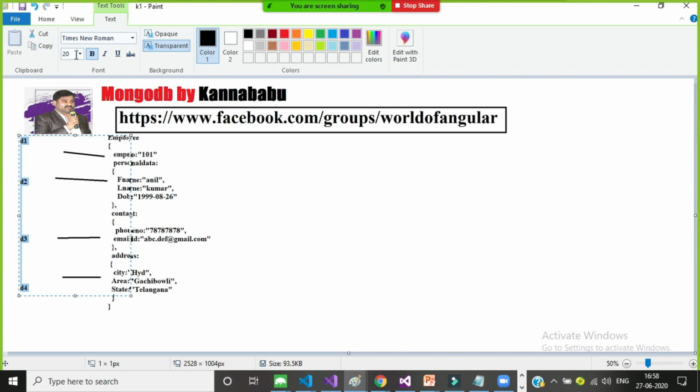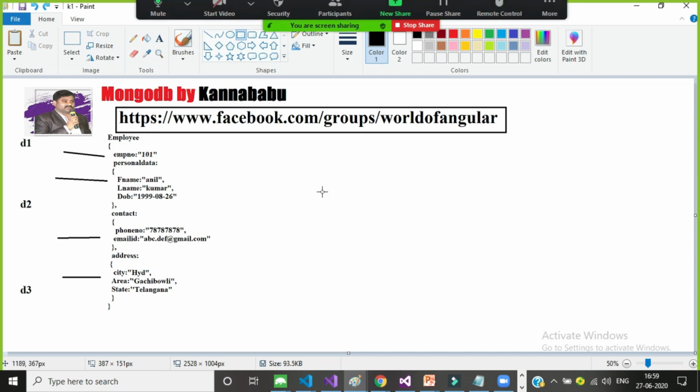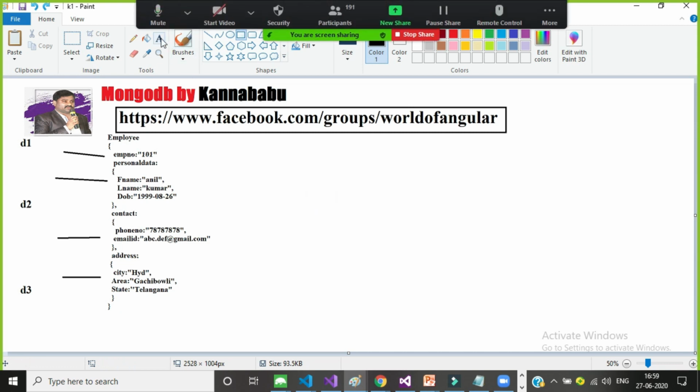Every document you have to give some ID. That is mandatory here. Every document must be identified with some ID. Is it clear, everyone? And in this embedded document, what you observed clearly is that all the information is stored in one document. Though this is one document, this is another. These all 4 are kept inside employee. But in normalized database design, you design separate documents, created as individual documents. Let me show you.